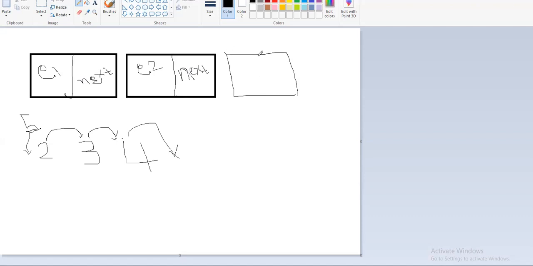Let's say if there is an element here, E3, yes, the next position is pointed over here. But here it's null because there are no more elements. So when we insert a new element, let's assume that E0,